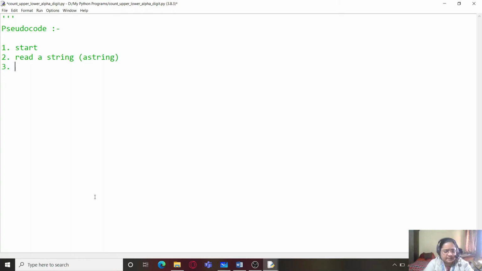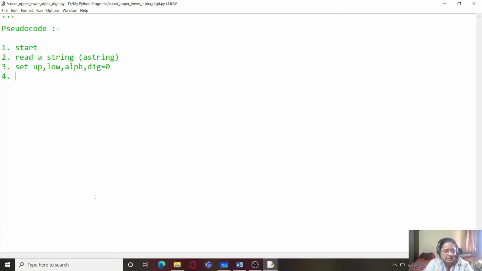The third one is set upper, low, alpha and dig, that is digit, all to 0. These will be used for counting each of the characters. So we have set them as 0.